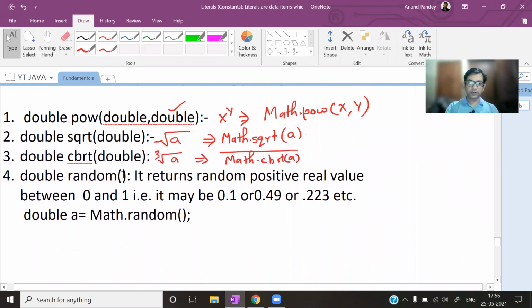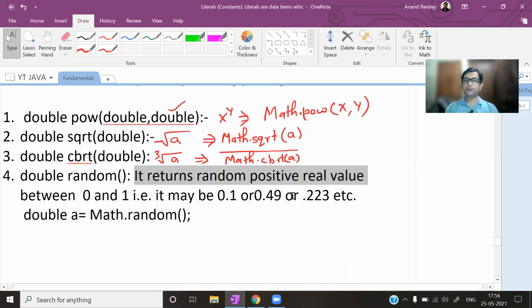It requires no argument, meaning there is no need to send any value to this function, and it will return a double type of value. Please remember, generally all the functions of the Math class return a double type of value. Now listen about the random function. It returns a random positive real value between 0 and 1.